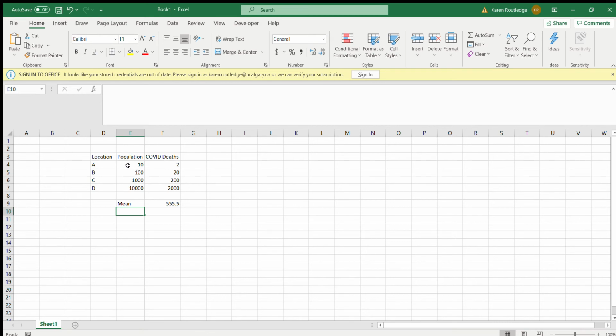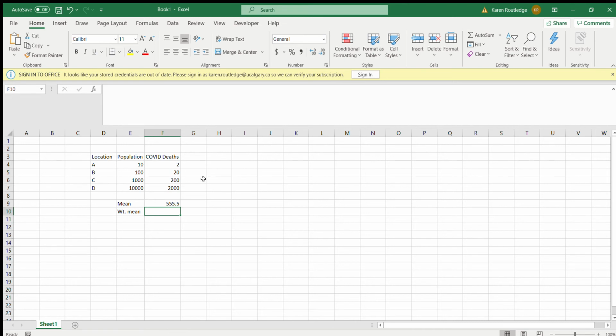We have another variable, it's population. And so we can see in this location D, where we had a large population, we have a large number of deaths, and a small population gave us a small number of deaths. So clearly, just eyeballing this, there's a relationship between deaths and population. So maybe it makes sense to have our measure of central tendency, our summary here, somehow take into account population. And the way that we learned how to do that was by doing a weighted mean instead. And the weights are whatever variable we want to control for, which is generally population, at least in the